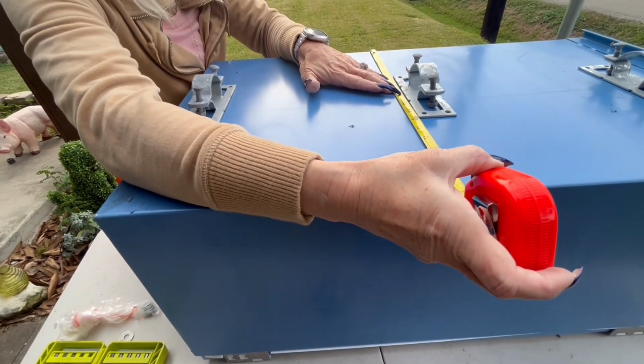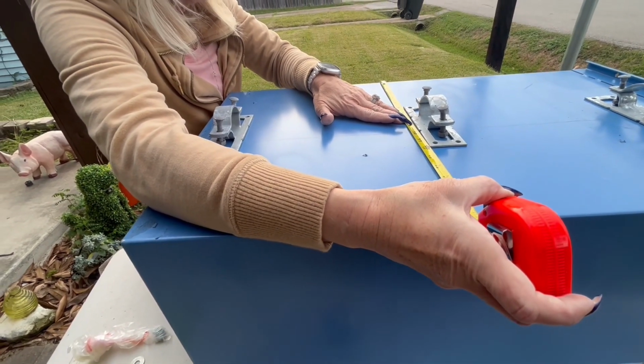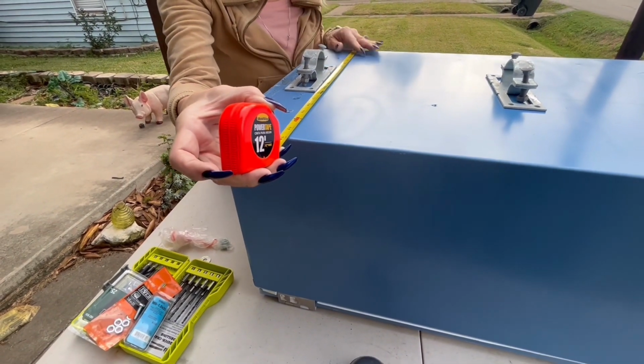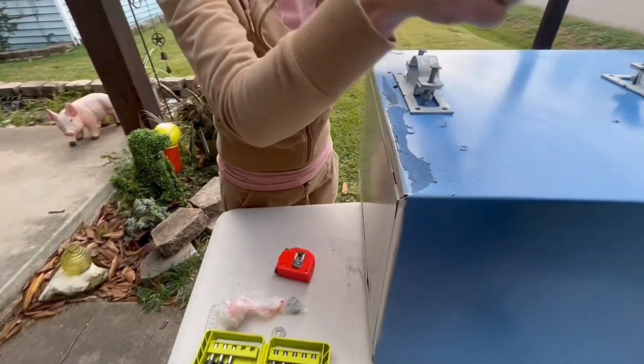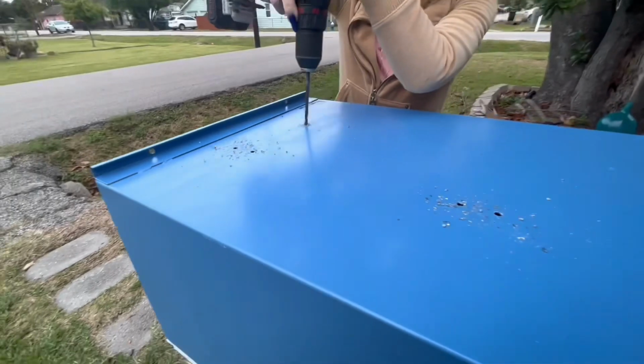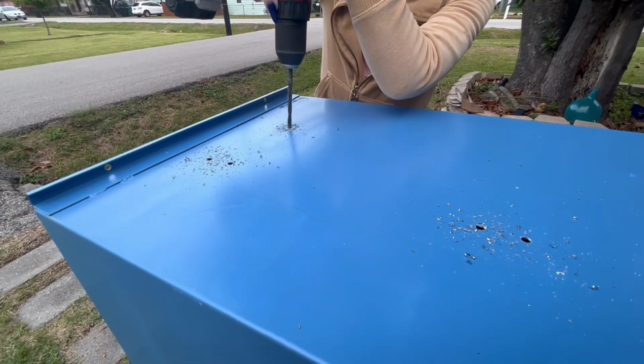So after, I think it had been like half a month since doing all that, so the library kind of sat on a table in the backyard for a while until we were able to actually figure out how we were going to install this library. Again, mom's super smart, like all moms are. And she ended up getting a different kind of fence post and these brackets that I don't know what they're originally used for. I don't know if they're for putting on the side of the house. I'm not entirely sure, but she got these brackets that I have a clip of. It's in this clip, and I don't know what they're called, but she used those so that we would be able to install it onto the Little Free Library,